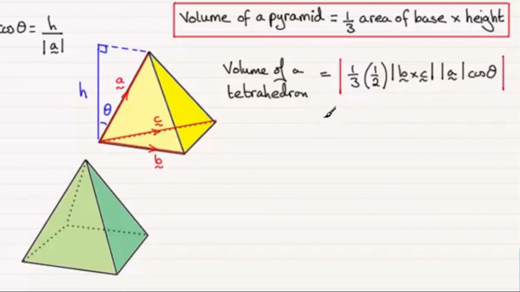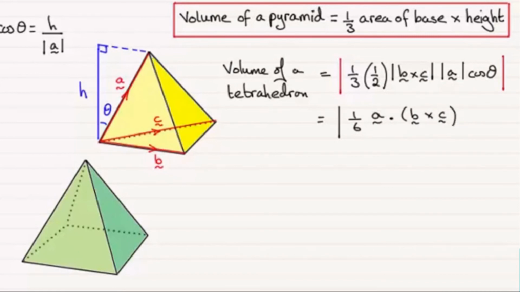But you recall from the dot product that the dot product of two vectors is the product of the magnitudes of the two vectors times the cosine of the angle between them. So in our case, we have the magnitude of B cross C, which is one vector, and the magnitude of A, another vector. So this part is the same as the dot product of vector A and B cross C.